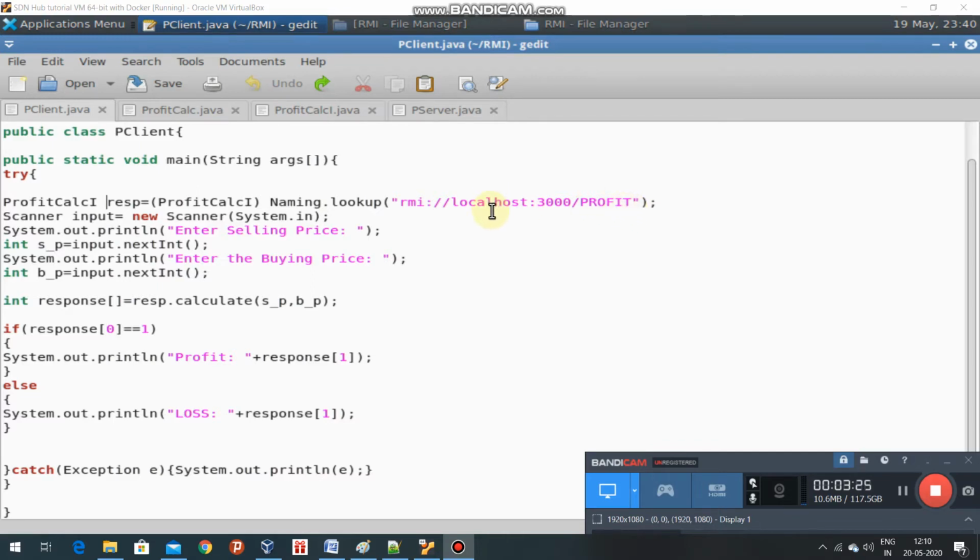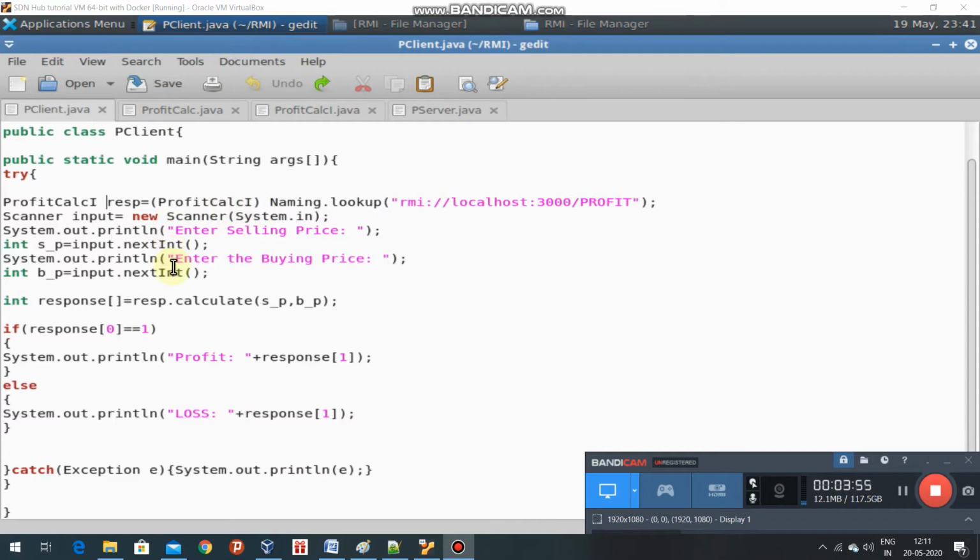It will return a reference of class type, the profit calc class, but I don't know profit calc here because it is a remote class. But I know its parent, the profit calc interface, so I have typecasted here.